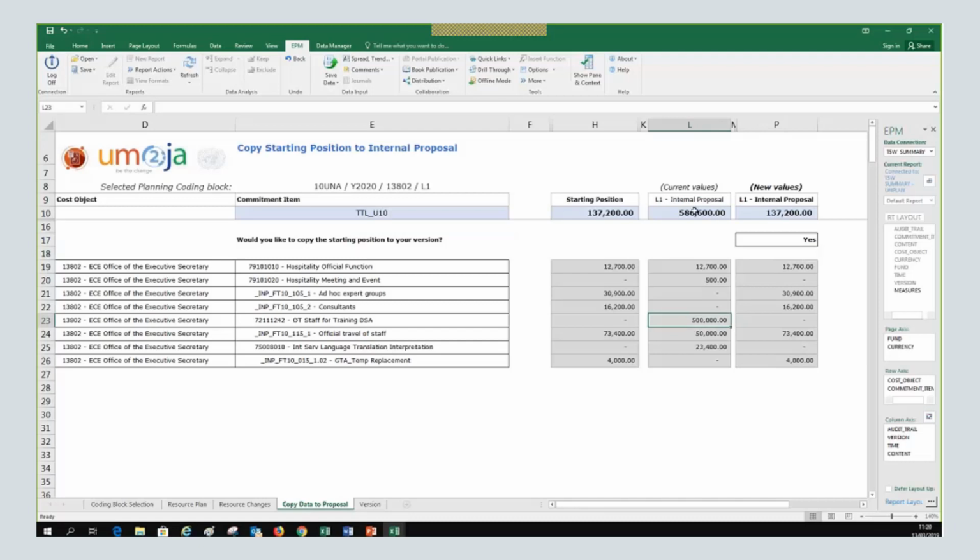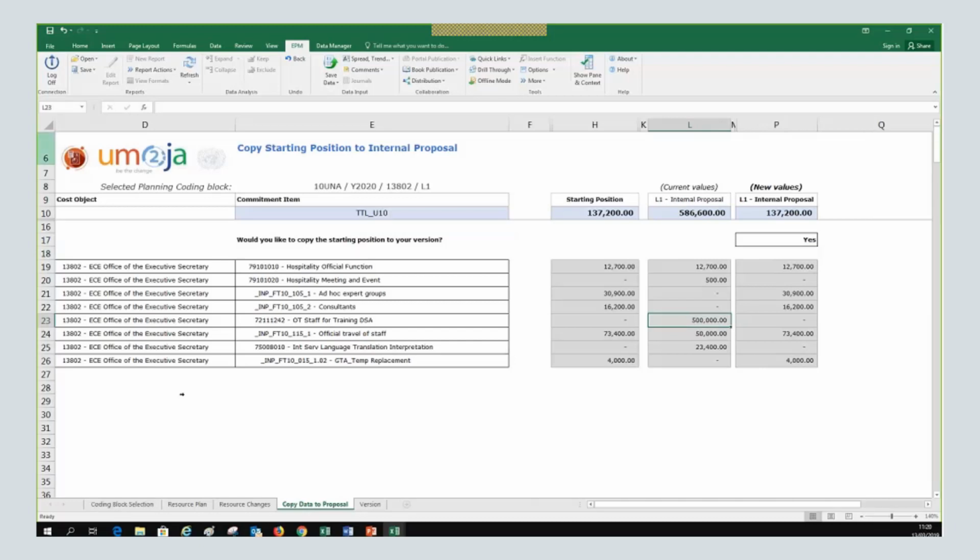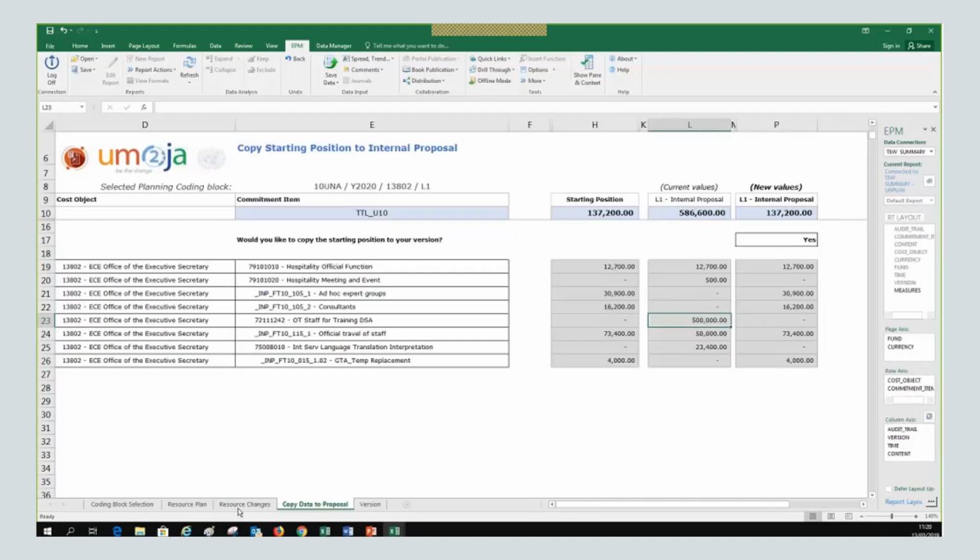So that's it. Okay, and that is more or less the view. Once we go to the system and we practice, and then again, once you see in the training environment, but also in production, once you save here, after doing this, if you save the data, we can go again to the resource plan and see the final picture. So this is basically the demo of the summary form 09.